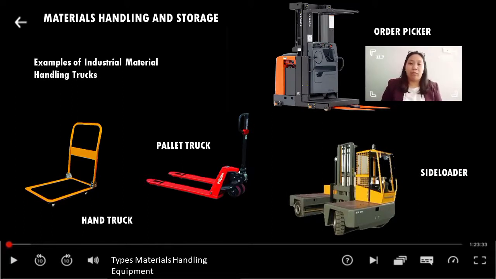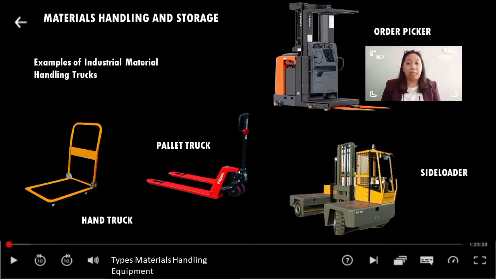So if you're going to a mall and you will buy heavy appliances like refrigerator, air conditioner, and television, kapag tapos na siya, nabayaran mo na, merong staff na lalapit para dalhin gamit yung hand truck, yung product na nabili mo. Kasi hindi pwedeng i-lift ng isang tao ang refrigerator or yung air conditioner or yung television kasi it can